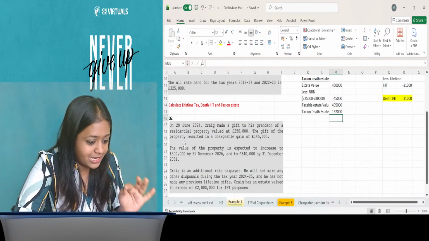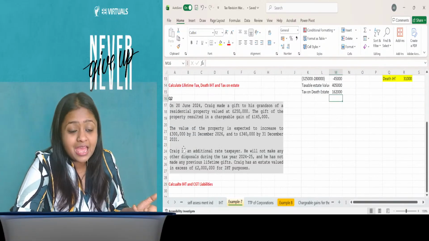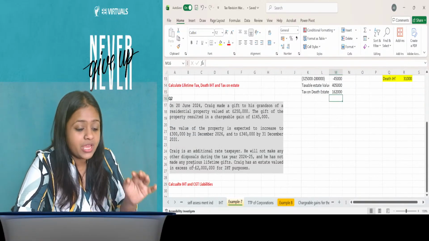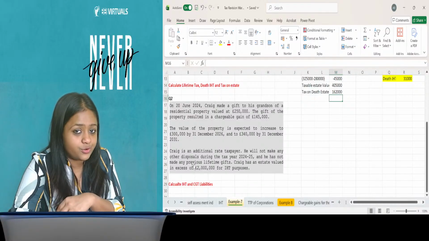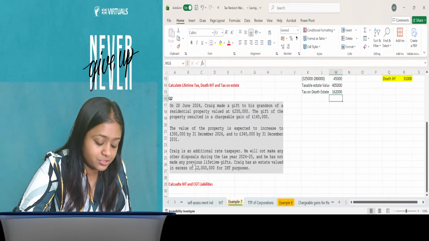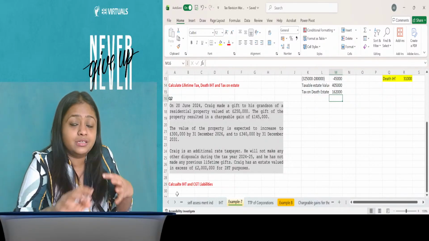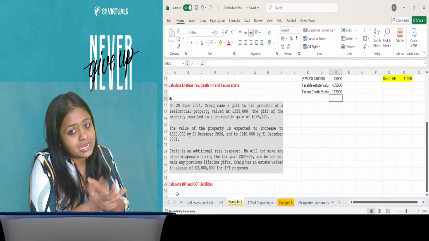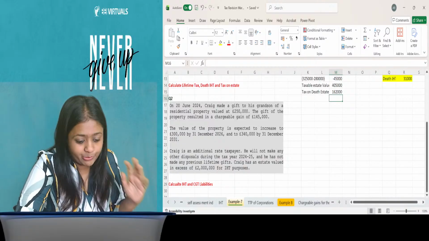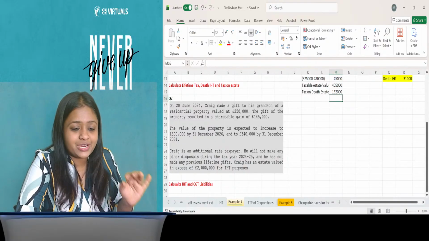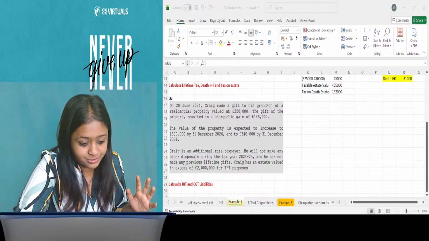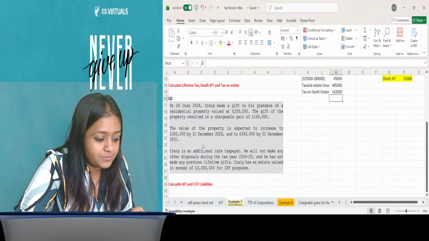But I think before that, I have one more question that I had actually done and taken. This was a question that I intentionally took, where we'll do the IHT calculations and the CGT calculations. Just to give you an idea: if you have a CGT also asked and IHT also asked, how would you do that question? So let's quickly do this question and then we proceed to corporations. Okay, so let's take up this question.